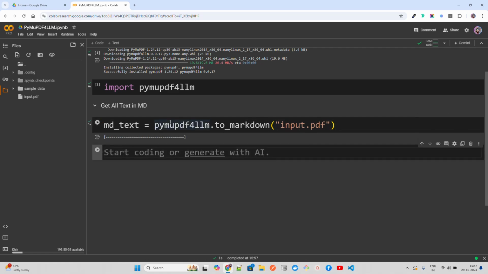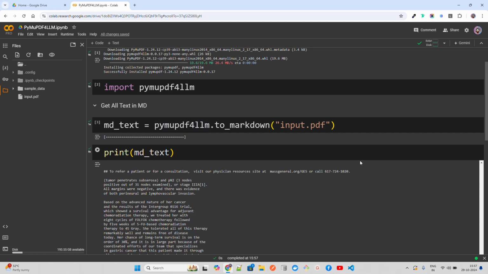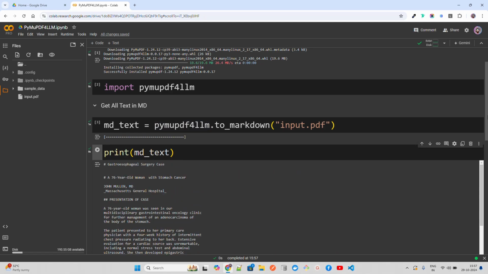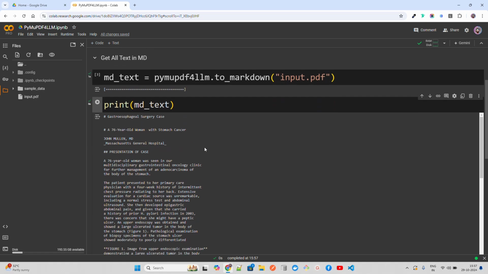When you do that, you can see it has a progress loader kind of thing. And now what you can do is print that. So let me just print MD text over here. It basically prints all of your text in a very well defined Markdown format, as you see. So I have this PDF, and if I download this and show it to you,